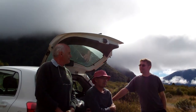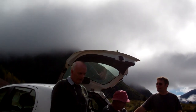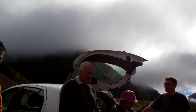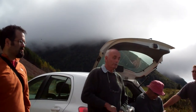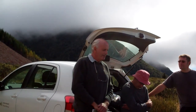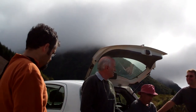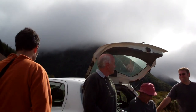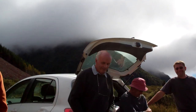Well, exactly the same thing happened behind Queenstown, where they've got Douglas fir, which has both been seeded and spread, and they've actually production thinned it. And even at one stage, with chainsaws working within audible distance of the major tourist centre in the South Island, the major complaint was when the big Russian helicopter came in to lift the logs up. But prior to that, bugger all. What's that? There's a huge